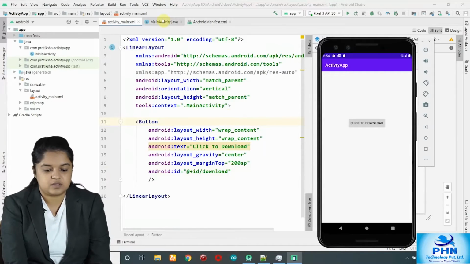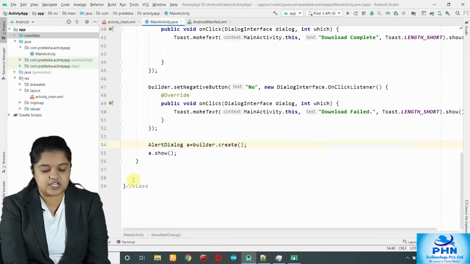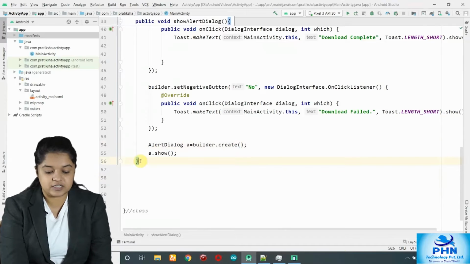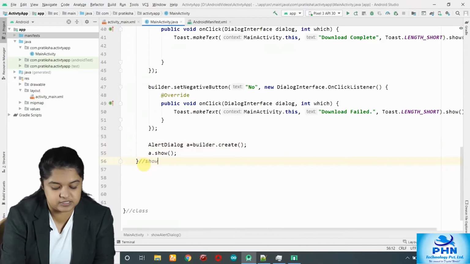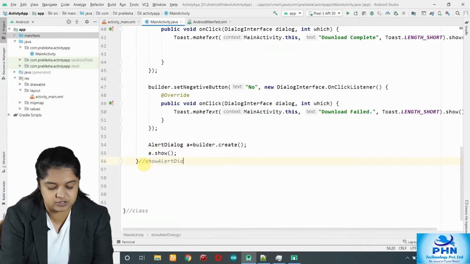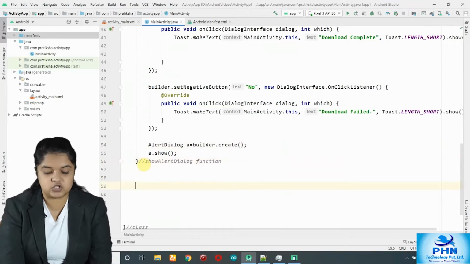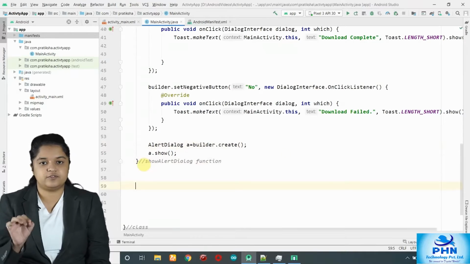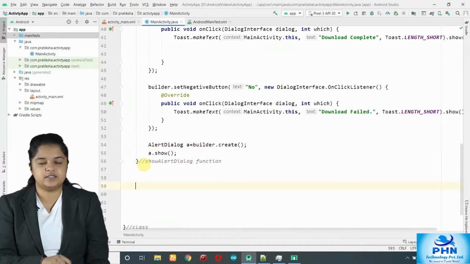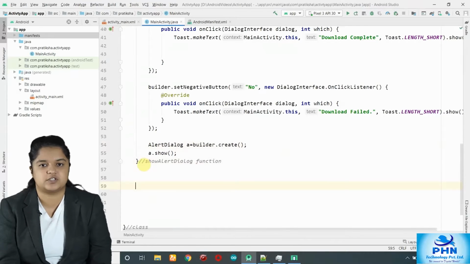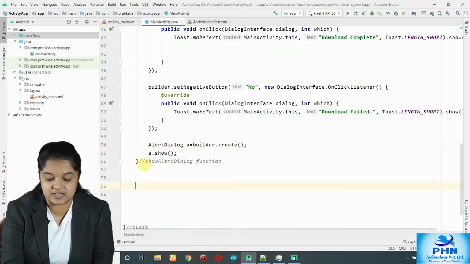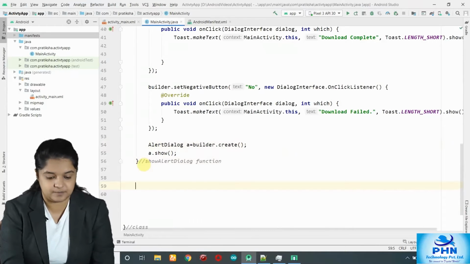So I'll come back to the MainActivity.java file. We will keep the previous code as it is. Now I am after the showAlertDialog function, at its end. Below this, the internal back button of the phone can be overridden using the onBackPressed function. Now how to write this function? You have to write it inside the class but outside onCreate.